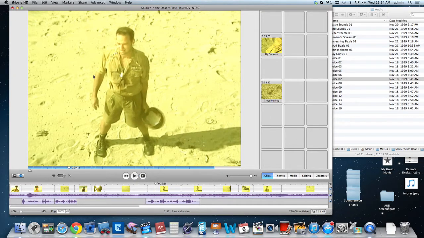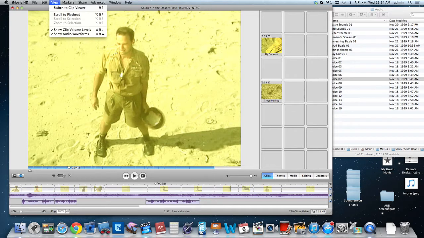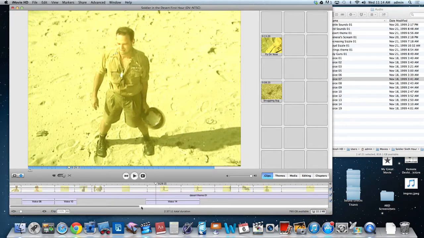Most editors make the mistake of having the music too loud. And so the music kind of overplays the things like that. So what you can do is if you go up to your view menu, you can show clip volume levels. And then you have this black line. If I go to that same menu, and uncheck show audio waveforms, I can see the black line a little bit more clearly. So now I can say, for example, well, maybe I want to take this audio clip, and